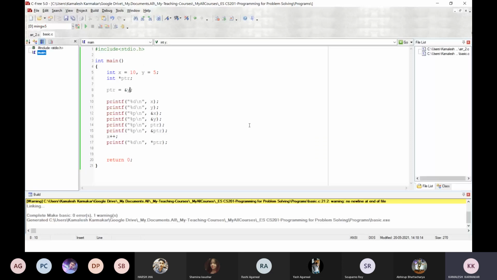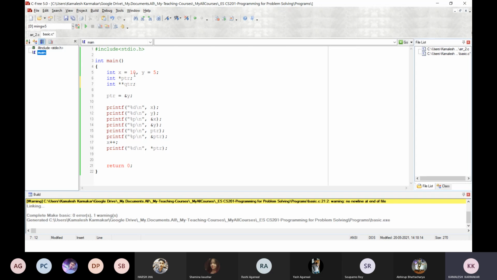Just for your understanding, if I want to declare a variable which will hold the address of ptr, ptr itself is a single pointer. Now I need another pointer, say qtr, which will hold the address of ptr. So it should be declared as star star qtr.